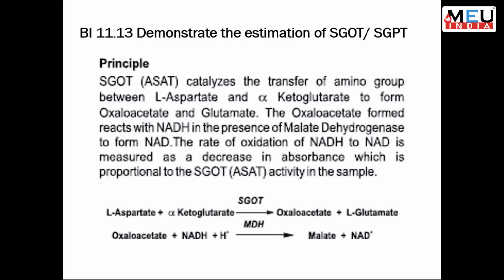The principle of this estimation of SGOT or AST is that SGOT or AST catalyzes the transfer of amino group between L-aspartate and alpha-ketoglutarate to form oxaloacetate and L-glutamate. The oxaloacetate formed in the reaction reacts with NADH in the presence of malate dehydrogenase to form NAD. The rate of oxidation of NADH to NAD